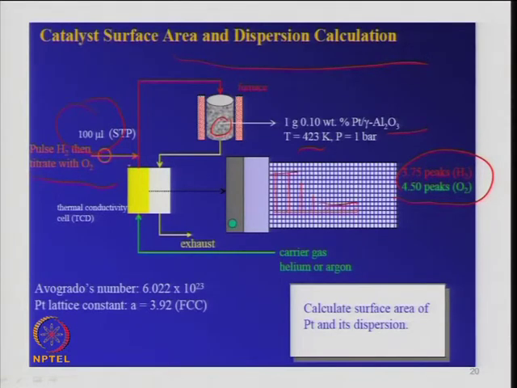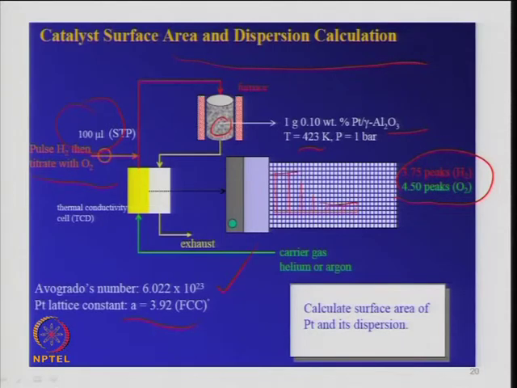So, how many molecules of hydrogen have been consumed during the process, you can find out. This is connected to the software, so directly you can find out the volume of the hydrogen gas which adsorbed on the surface. And once that is known, you know that 1 gram molecule of the gas at standard condition has 6.02 into 10 to the power 23 molecules. There is also a packing factor, as I was talking earlier, that is constant. Generally that is not required here, but basically knowing the number of molecules and volume, the same principle,